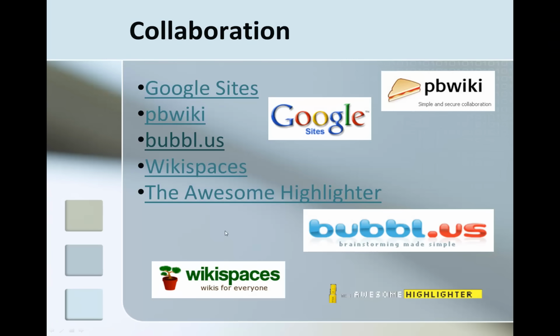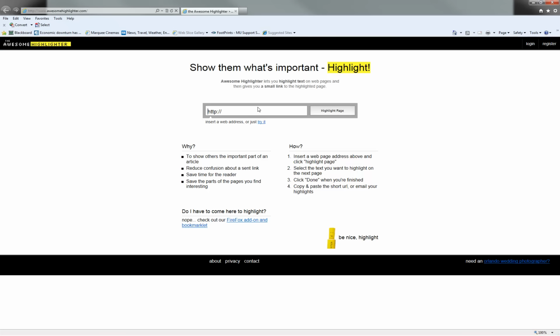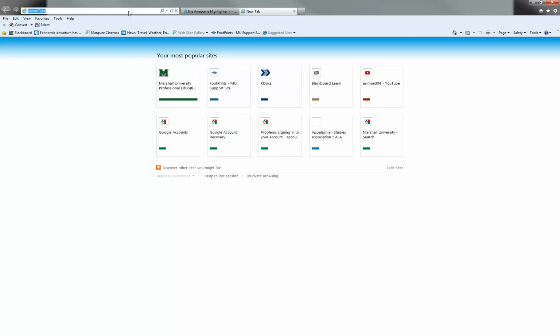Another one that I really like and have found a lot of use for is the Awesome Highlighter. And it really is awesome. The Awesome Highlighter allows you to put in a URL, a web address, and it brings it up in another screen, and you can highlight the text that you want someone to look at and give them that URL. So if we're going to do The Raven by Edgar Allan Poe,